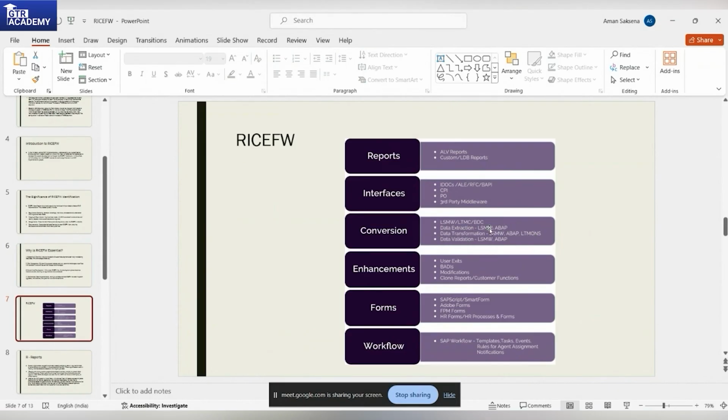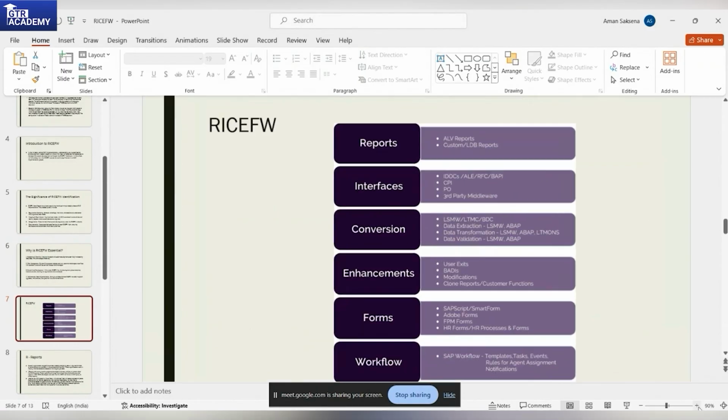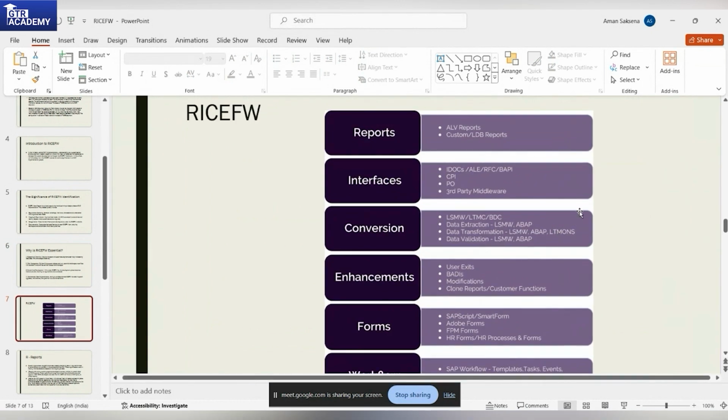Then data extraction is LSMW, and data transformation is LTMOM. So it is LTMOM, not LTMON. LTMOM is any customization to the standard LTMC. So LTMC, if you customize, it becomes LTMOM. You need ABAP help, right? Any custom fields, any changes in the standard layout of the